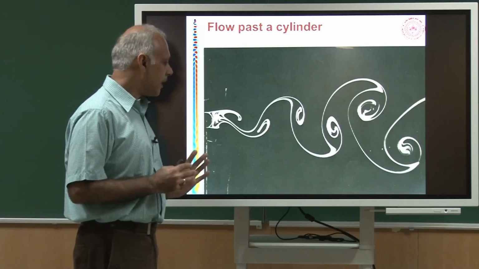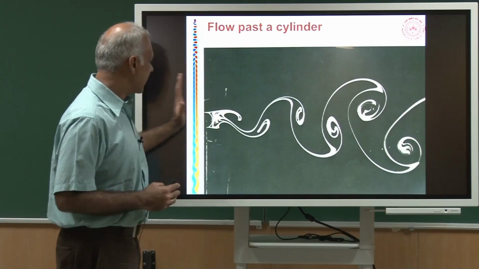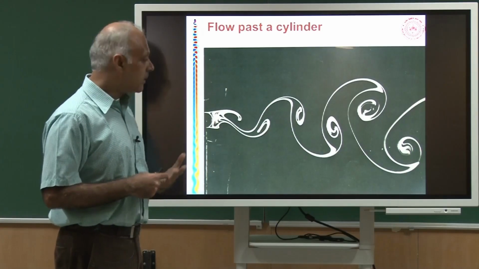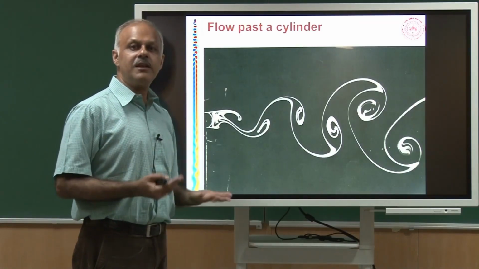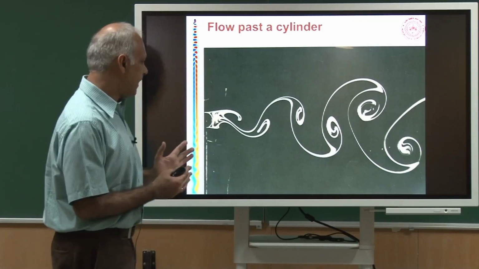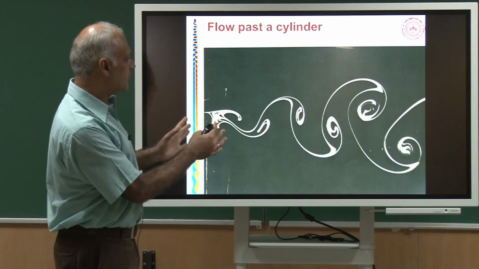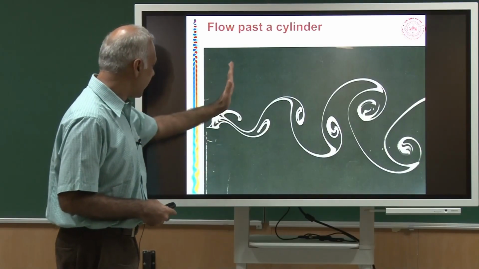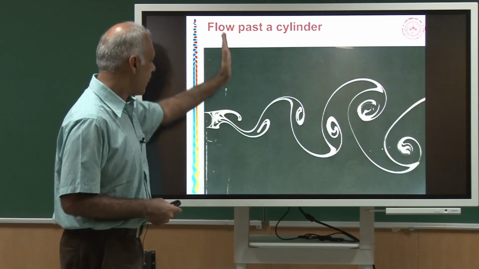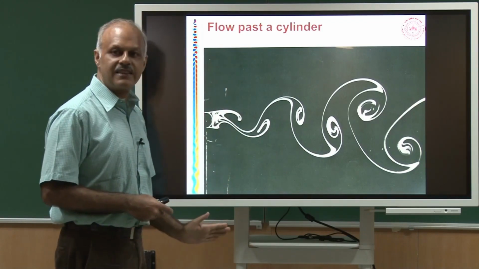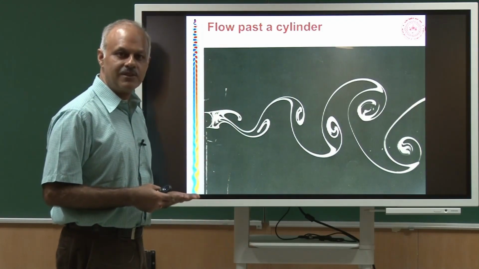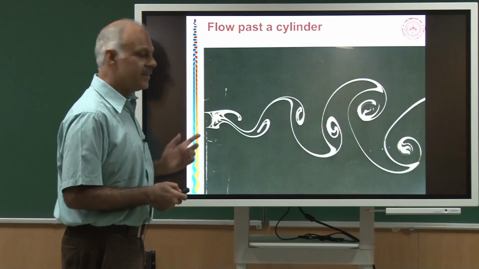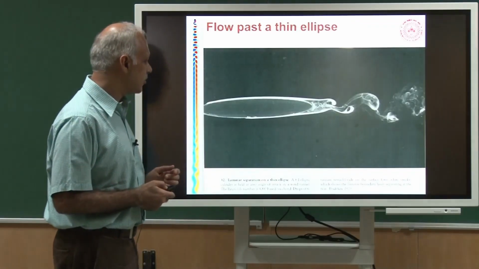Okay. So to sum up, I had a flow that comes in which is steady, and now I have a wake which is unsteady. But the good news is the flow is extremely periodic. Okay. That means I can watch it for hours together, and it just keeps repeating. So if I drew a section here and I observe what happens at this section, it is extremely periodic in time. The same set of events keep repeating time after time. Doesn't happen at very high speeds, which I will show you.